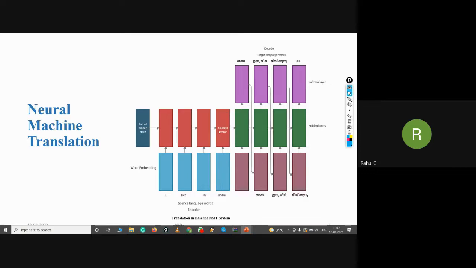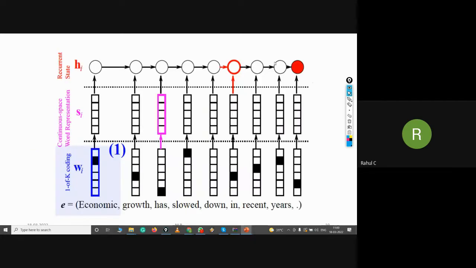That last one is known as a context vector. The information from the source sentence is encoded into a vector, and that vector is what is known as a context vector. From the context vector, it is possible for the decoder to generate the target sentence. So you can see,